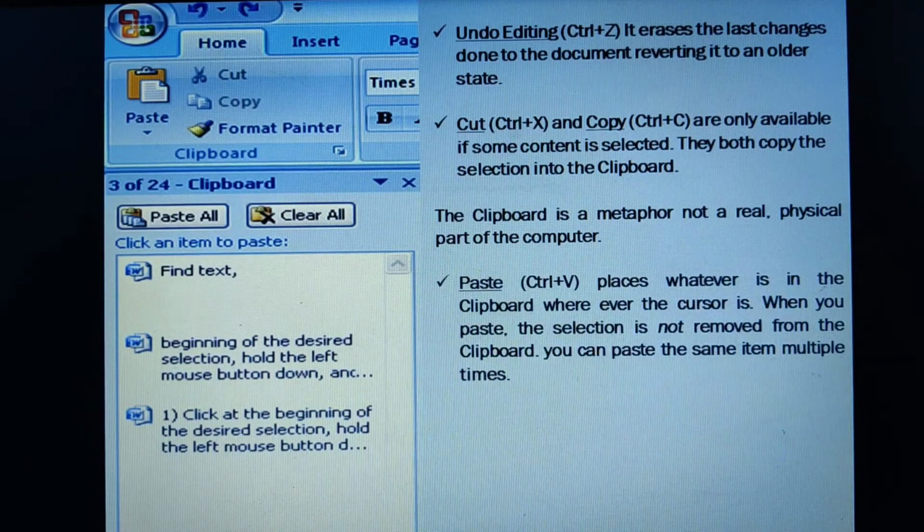The next option we need to discuss is paste. Control V is the shortcut key for paste. Whatever is in the clipboard, it allows you to paste onto your document. You need to place your cursor at the location where you want to paste the contents. When you paste, the selection is not removed from your clipboard, so you can paste it several times. The clipboard is holding only one content, right? So any number of times, you can paste the contents that have been copied. Let me show all these options in the Word document.